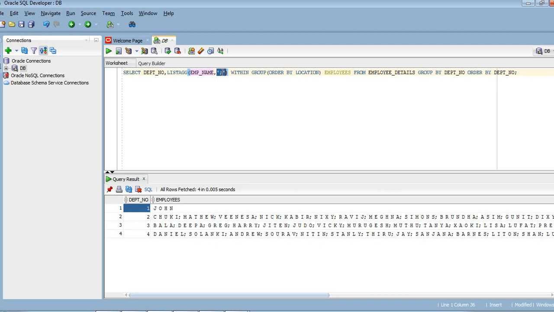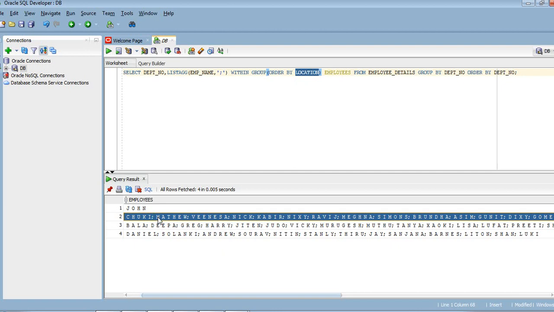Over here, within group, order by location means that the data reflected in the employee name, while selecting the output, we are ordering in ascending order based on the location. So the employee names we are separating by semicolon, within group by the ascending order of the location, and then we are grouping the full data set based on the department number.